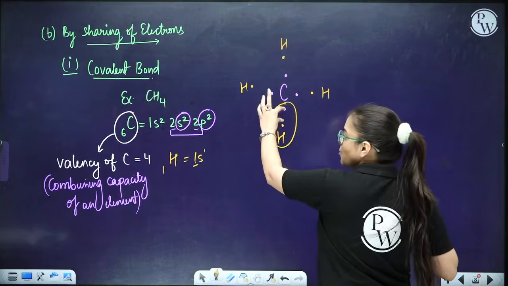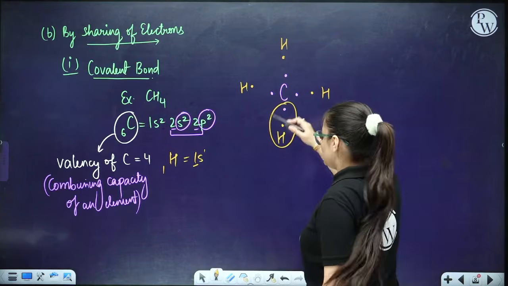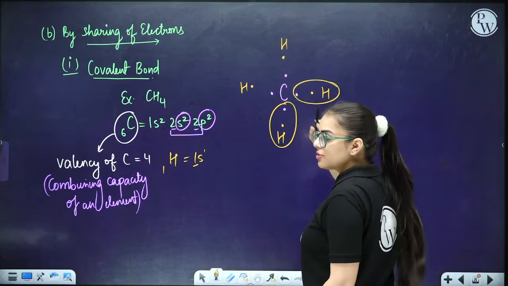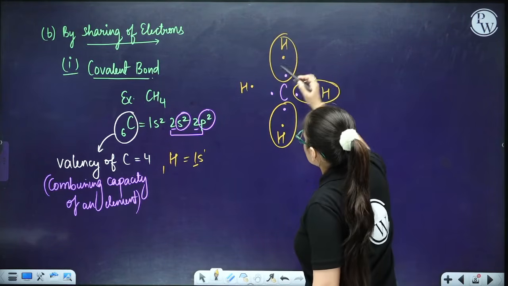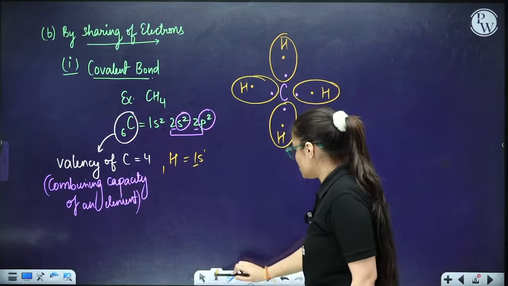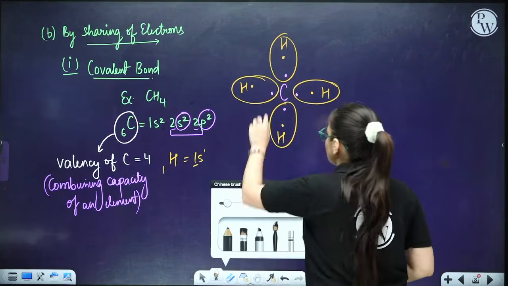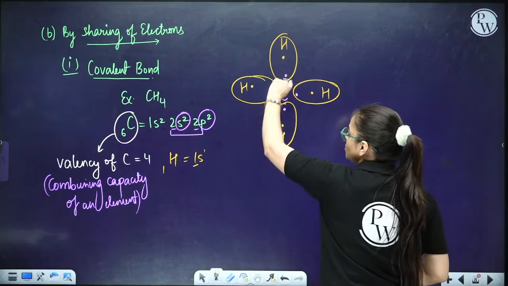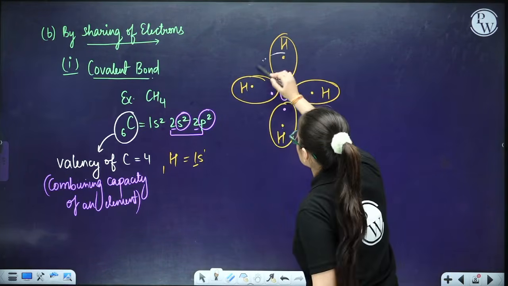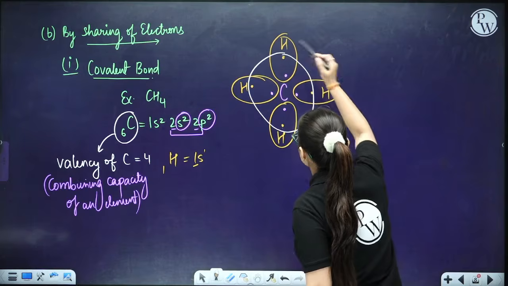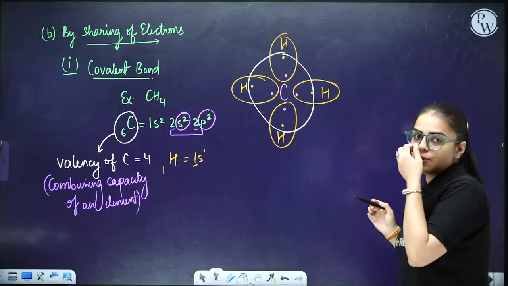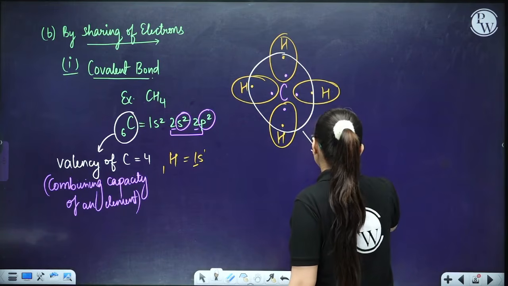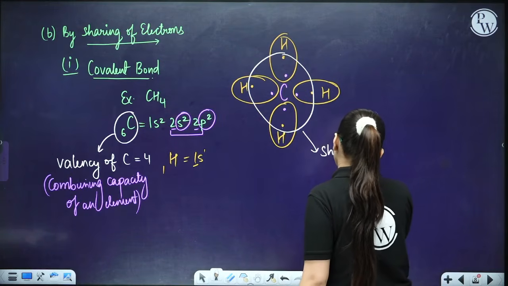See, it is creating a bond by sharing these electrons. That's why I put it in a circle. 2 electrons, stable. It is sharing its electron, stable. Now let us talk about carbon. Carbon is having 4 electrons. Now it is also sharing this and this. So 1, 2, 3, 4, 5, 6, 7, 8. That means 8 electrons, so its octet is now complete. So over here, what are you observing? Here we see that it is sharing of electrons.